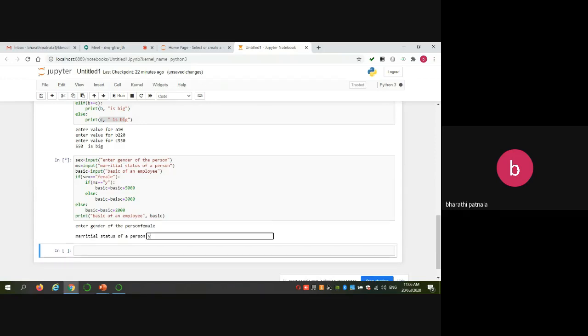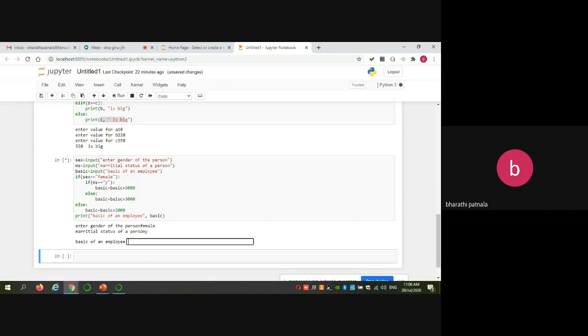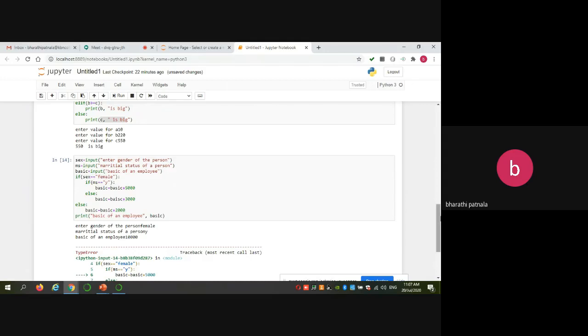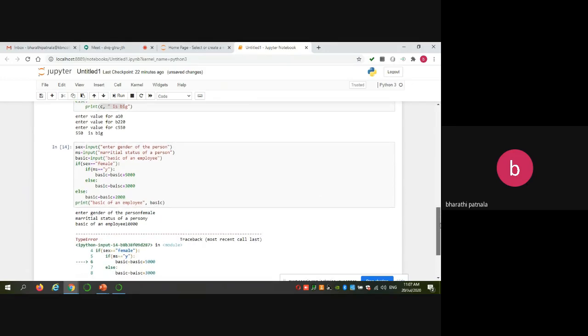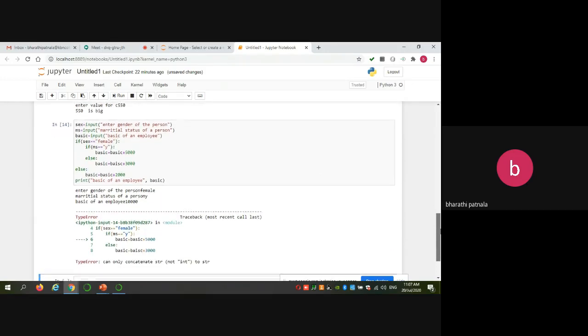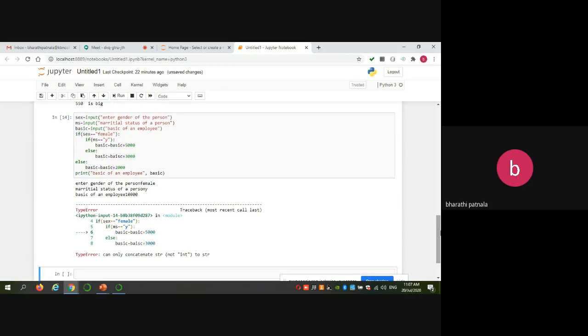Female, marital status yes, and basic of an employee 10,000. So what is the output? Sex is female, marital status is yes, both are true, then the basic is 15,000. Sorry, here we are not converting.